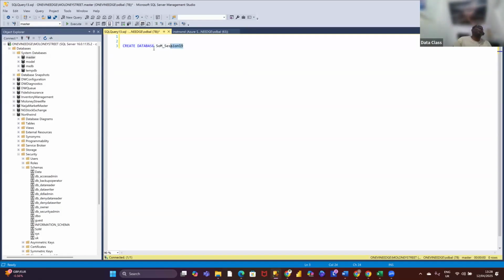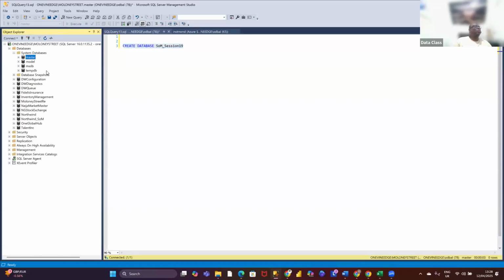But I'm still not going to execute it because there are quite a number of things which I'm not going to do here, which is, I'm not going to write the script. But I'm just showing you, you can always write it this way. But now, the other way, which I'm going to show you, and that is what we're going to follow today,